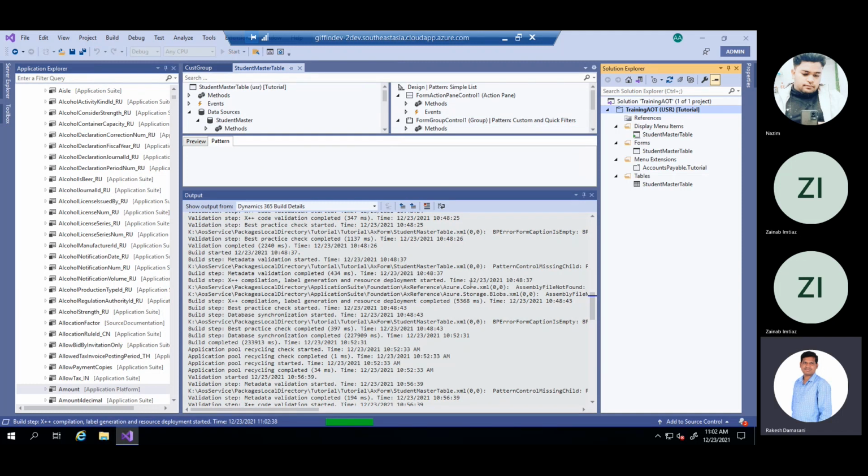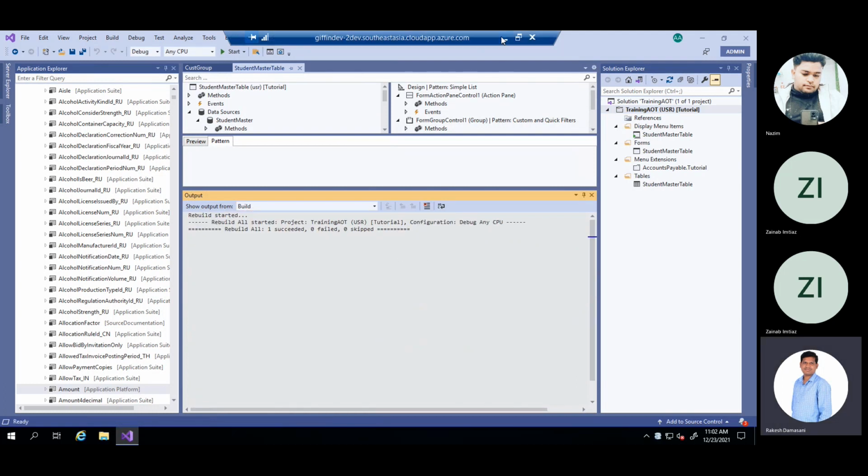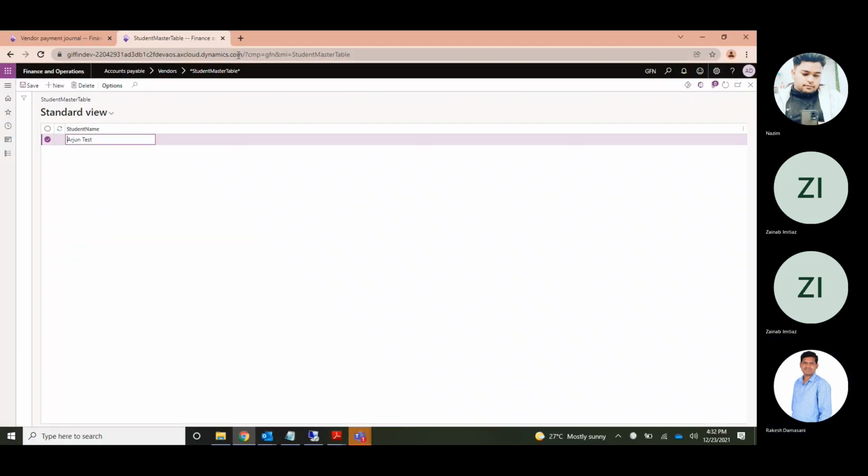The build property, synchronize on database build, is false. So let us see how the result will be. Again, I will refresh the page.